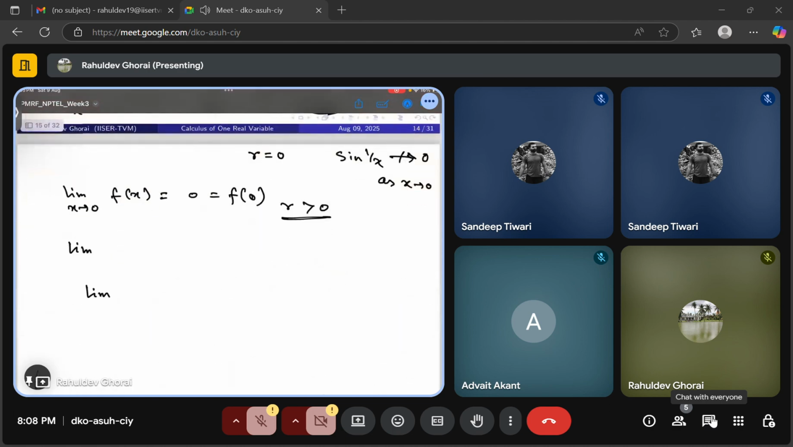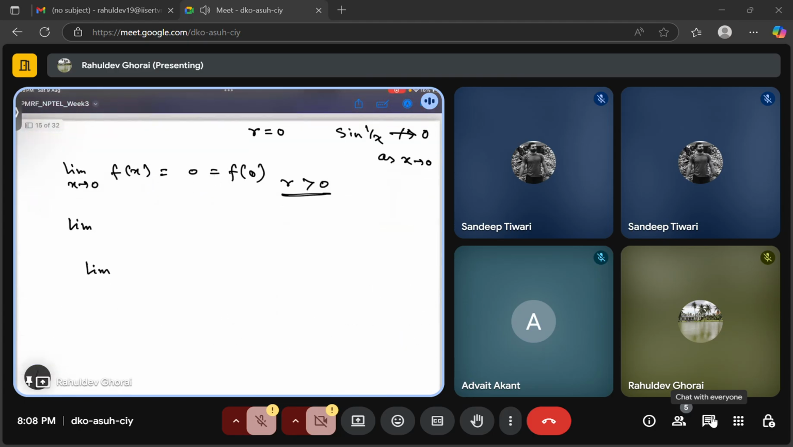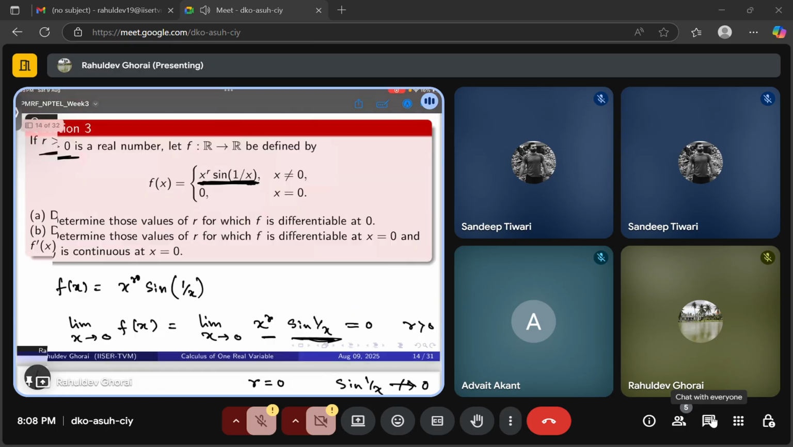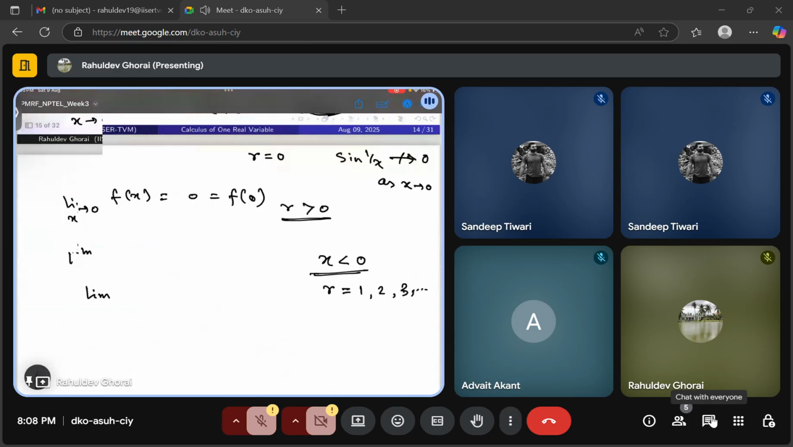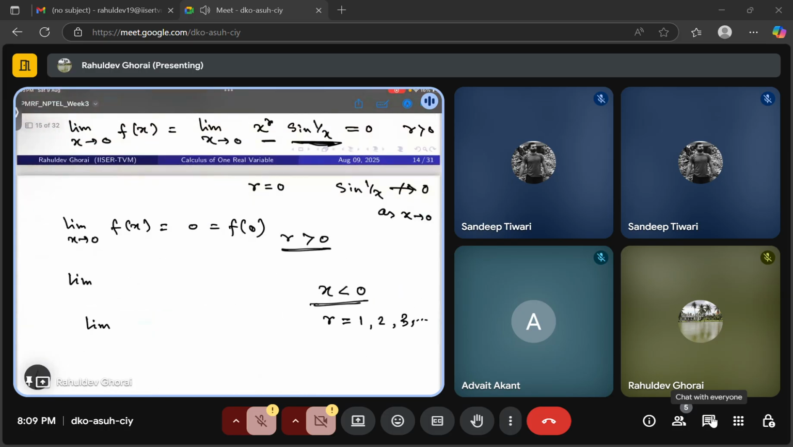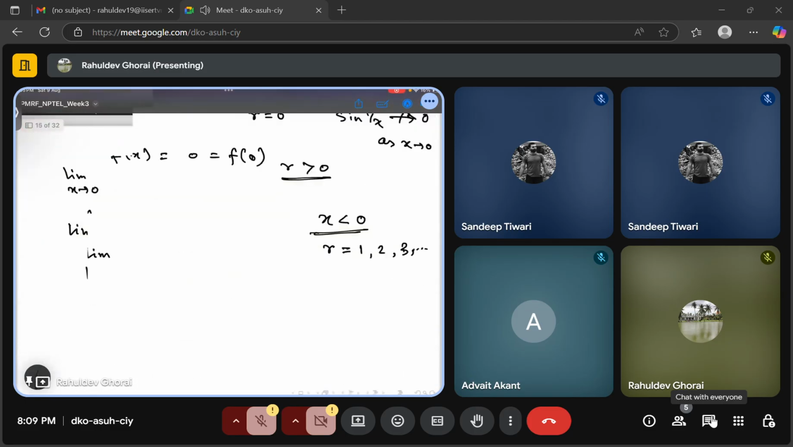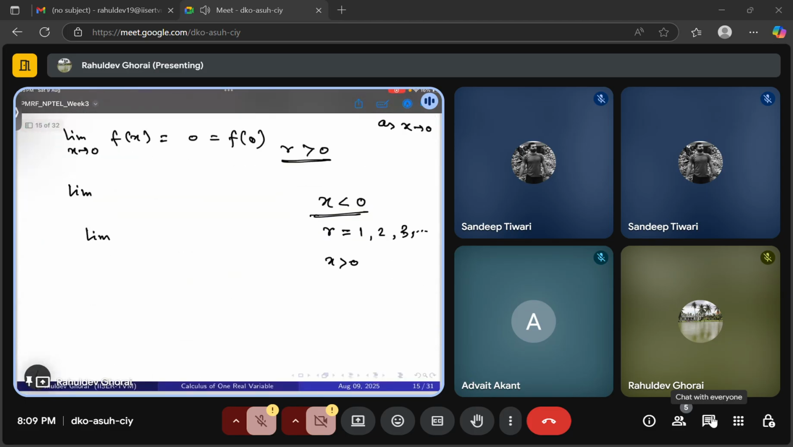So when x is less than 0, r has to be like 1, 2, 3, so natural numbers mainly will be concerning. That's why only greater than or equal to 0. But when x is strictly greater than 0, that is differentiable everywhere,